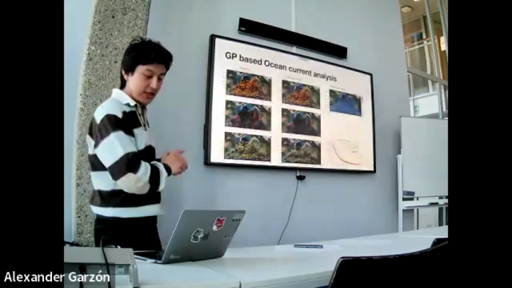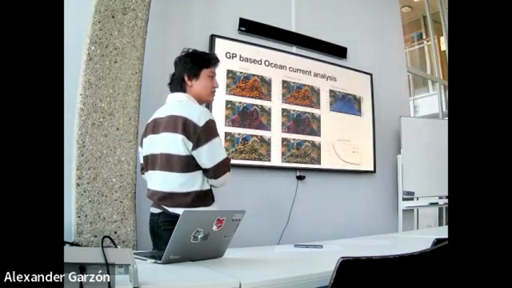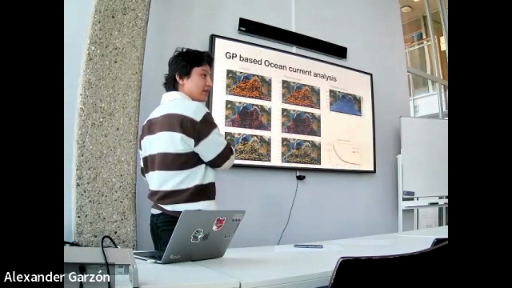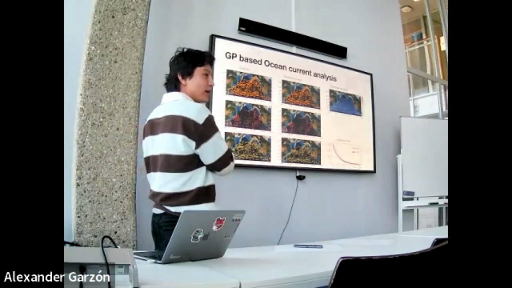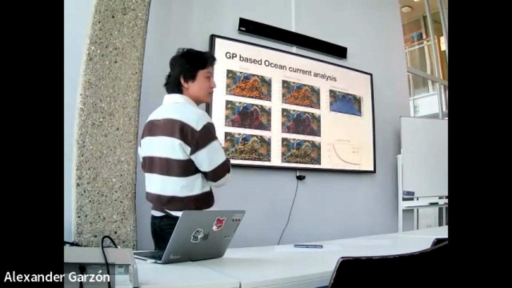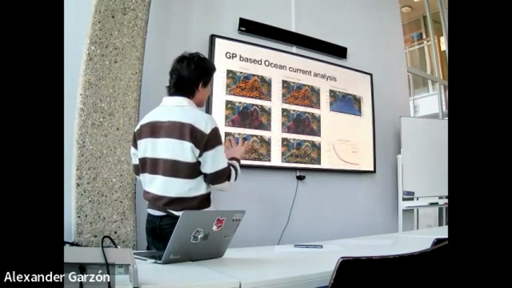Another part is in this ocean current analysis, where we have, for example, 5% of the observations. And by the way, we don't do this in the continuous domain. We do it in simplicial complex domain, and we map them on the edges. And then we go back because we want to show this. And so we can do very good